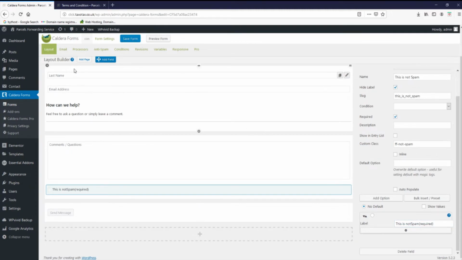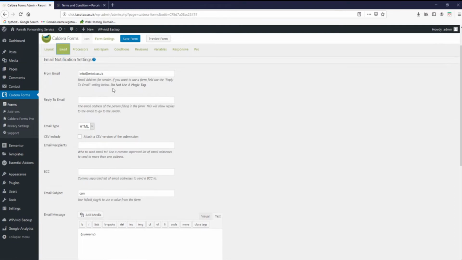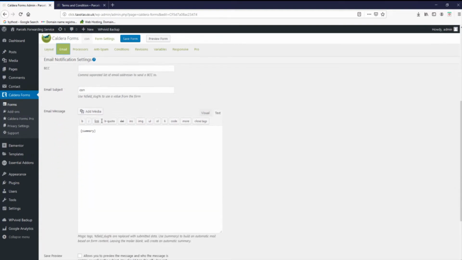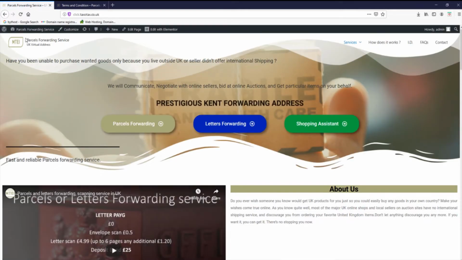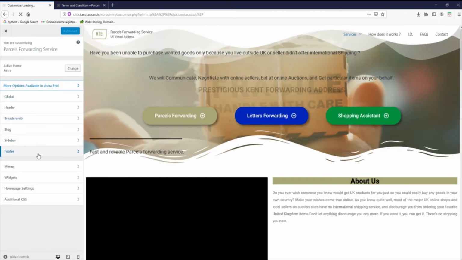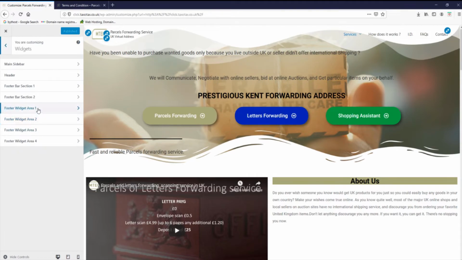So our form is made. Then if you're gonna go to the option email, you have to assign where to send that form from. Email, reply. It's in the settings. I'm not gonna go too far from this, so we're gonna go now back to the dashboard, visit site, customizer, widgets, footer widget area 2,